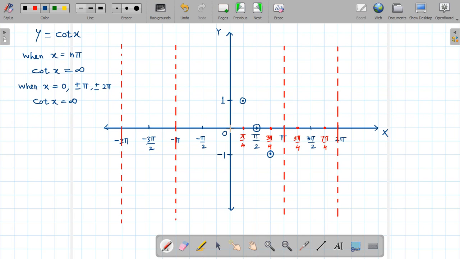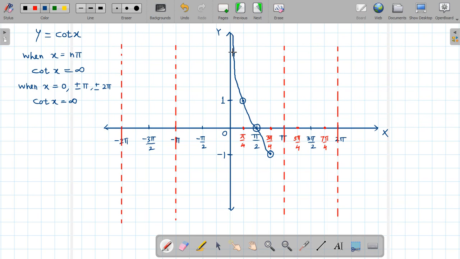And we know that cot 0 is infinity. Also we know that cot pi is infinity. So how will you draw the graph in this interval? See here, first of all you have to join this like this, then join these 2 points, and then as it reaches infinity in the upward direction like this, because whenever you come to 0, the value of the cot function is infinity.